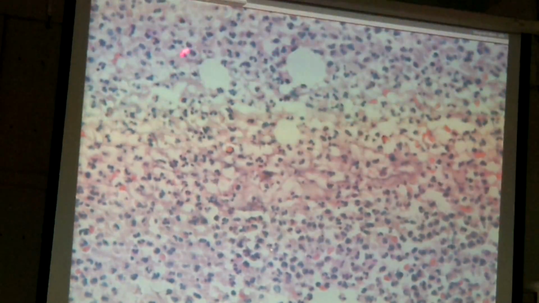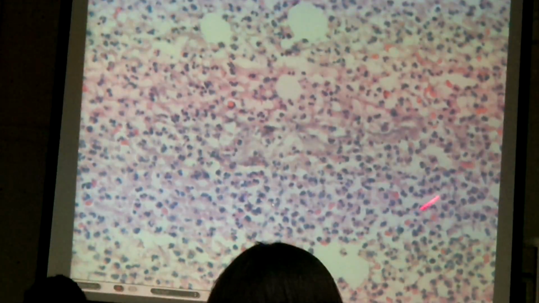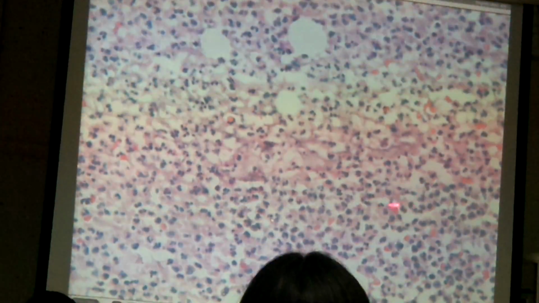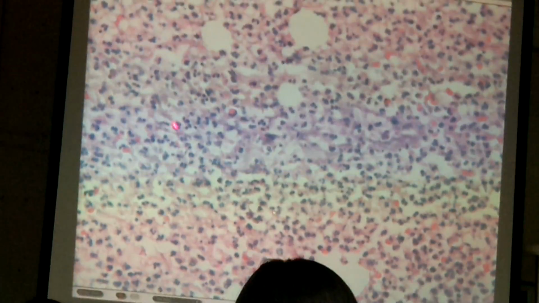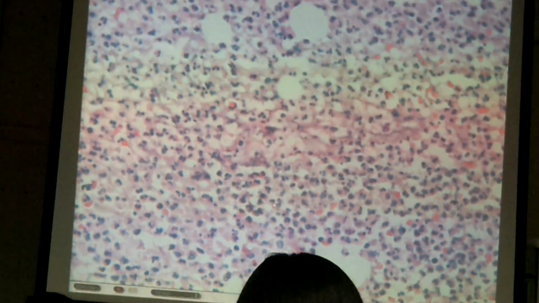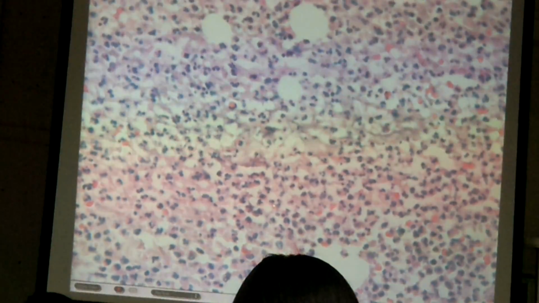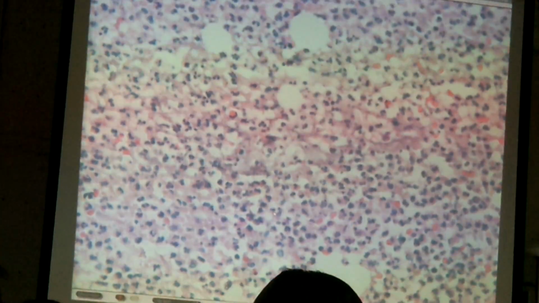So this tissue is supposed to be occupied by adipocytes, but you don't see them anymore. And what replaced them are these inflammatory cells, mostly neutrophils, some lymphocytes probably, and plasma cells and macrophages, which have liquefied that area, which underwent necrosis. Okay? Any question? This is the last one.